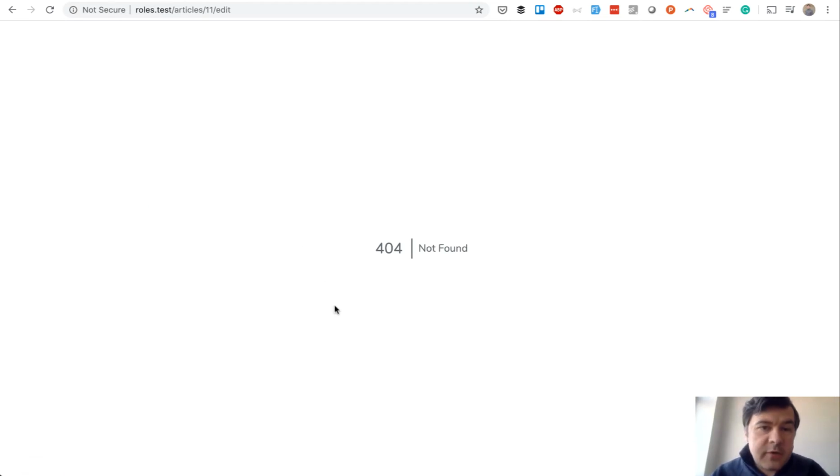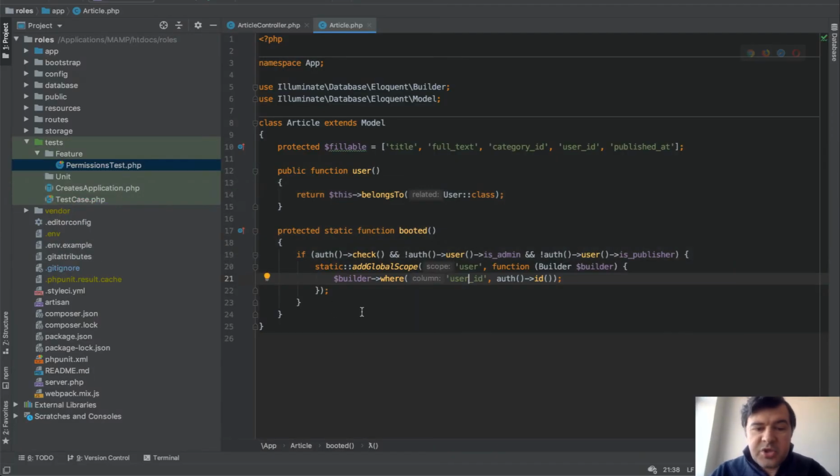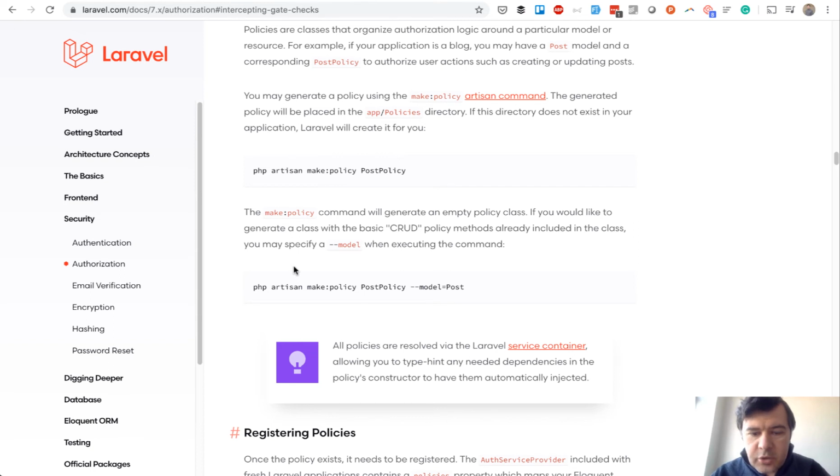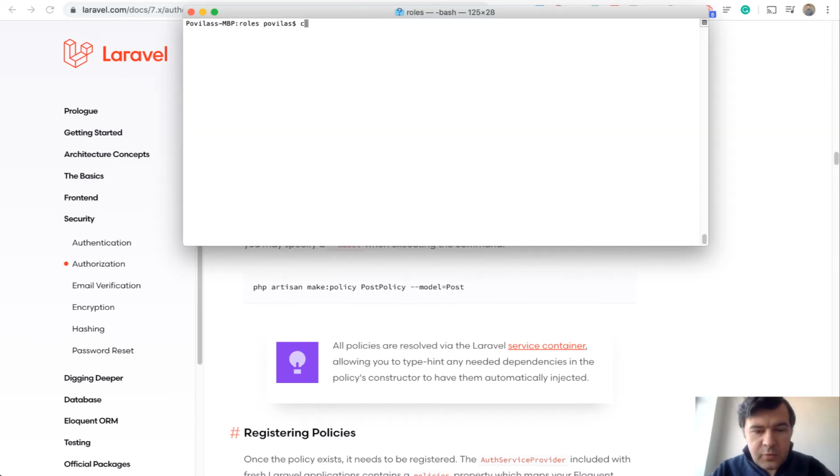But what if, instead of 404, you would like to actually give a proper message like this is not your article, you cannot edit that, or something like that. So our global scope is just filtering the articles. But policy is what could actually authorize someone to edit the article. So let's add a policy on top of that multi-tenancy. Also, there are a few things to remember about policies, and the documentation is pretty long, but I will explain the main thing. So policy is related to a model, and in our case, this is exactly what we will